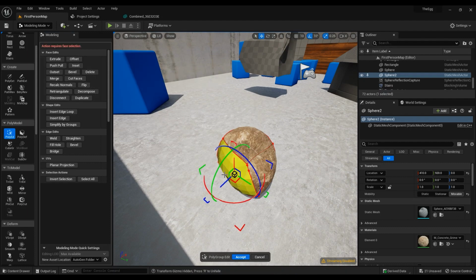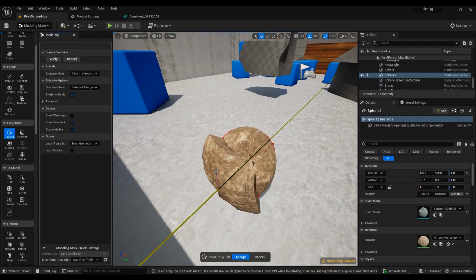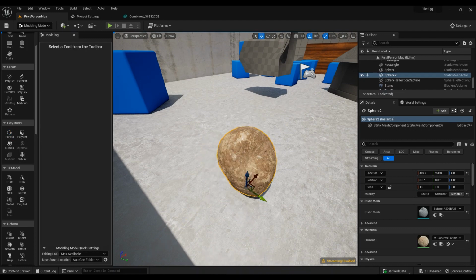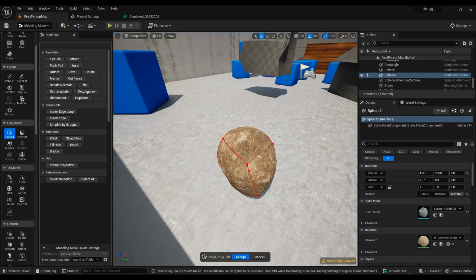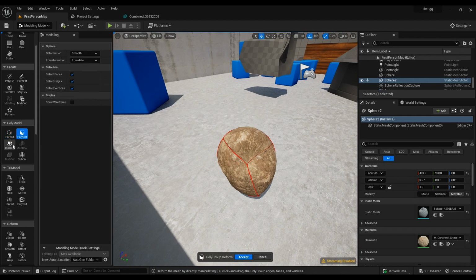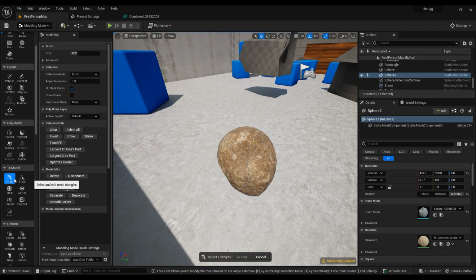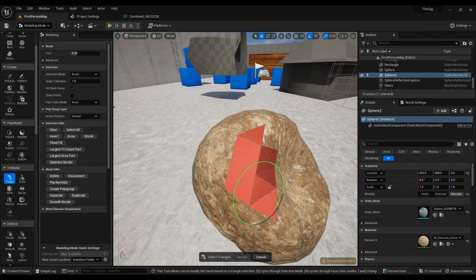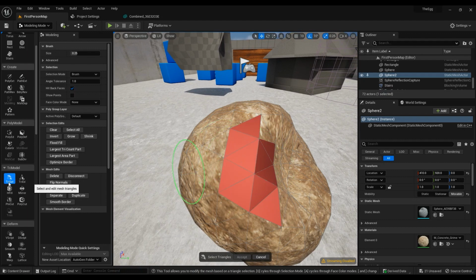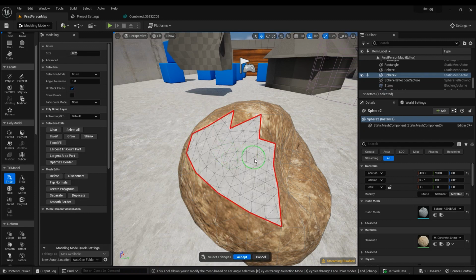Push pull, you can do actually a lot of things. So these are the options that you can see here. I want to keep the tutorial very short, so I'm not gonna go through a lot of them. But anyway, triangle select. Okay, so I want to, for example, delete this one. This is pretty important. I just come here, triangle select, and I just select something, hit delete on my keyboard,